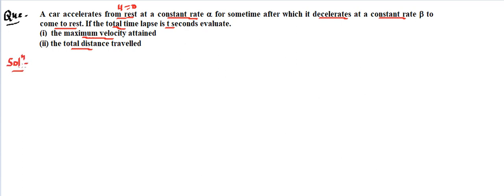The solution can be like this. First we can make a straight line and a rough picture. In physics, to solve questions it is always handy to make a rough picture. It may not be aesthetically beautiful, but it should be there so that we can write what is going on. Let's say that's the x direction, and the particle starts from the origin O, the initial location, and moves forward. The initial velocity is 0, but it has acceleration in the forward direction, alpha.